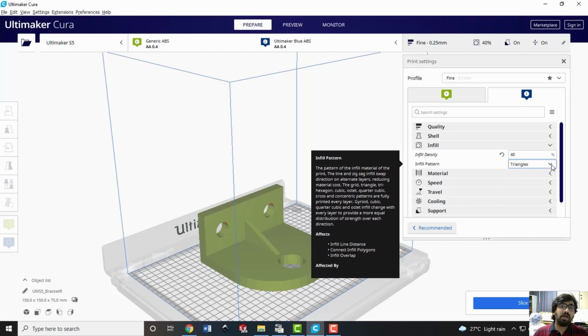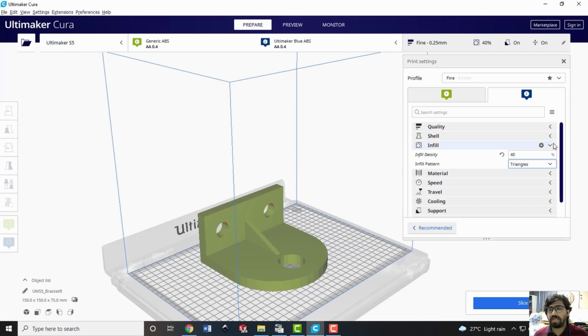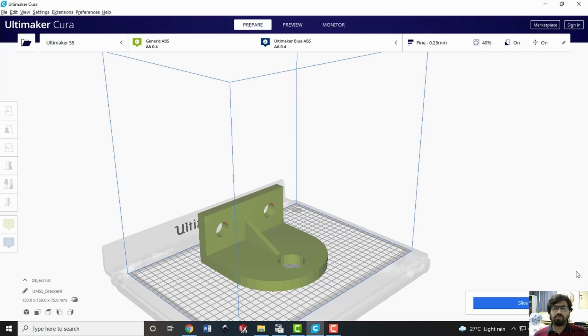So why am I using less infill density to deposit the support? Because I want to remove the support later on easily, and it will be very easy for me if the deposited support has a lower density, and it will be very easy to break that support later on. So it's always a good idea to keep the infill density for the support material deposition usually less. The rest of the parameters I am keeping the same, and now we'll move to our next option for slicing.